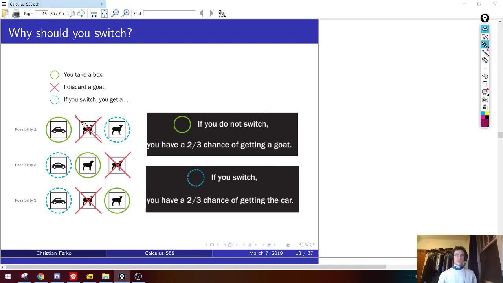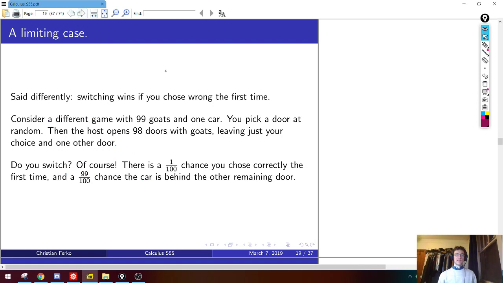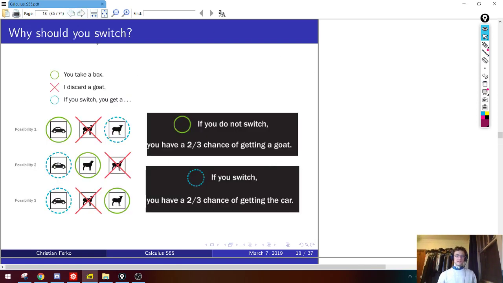By actually revealing that one of the other doors has a goat, and he knows that that door has a goat when he chooses to open it, he's actually given you, in a Bayesian sense that we'll make precise later, updated posteriors. He's given you new information about the probability distribution. And to see that... So, now I have to ask before you go any further.